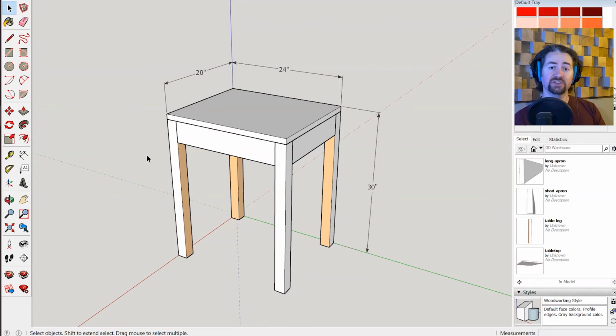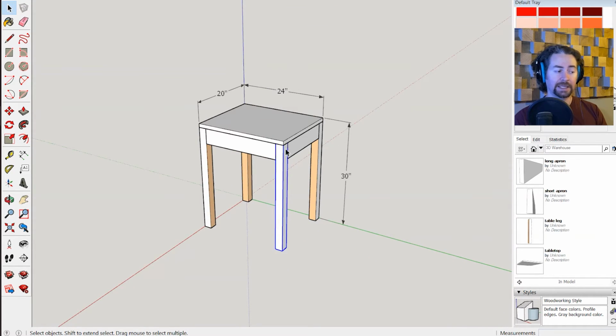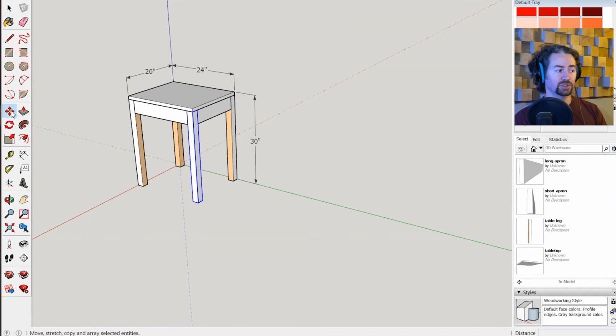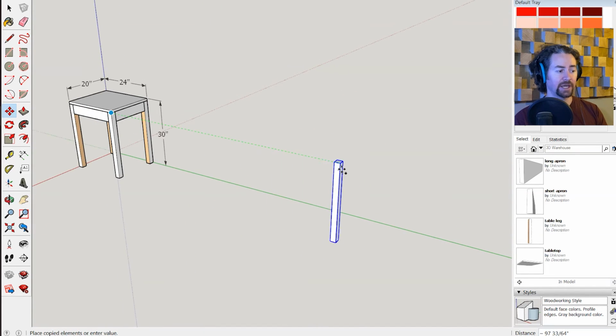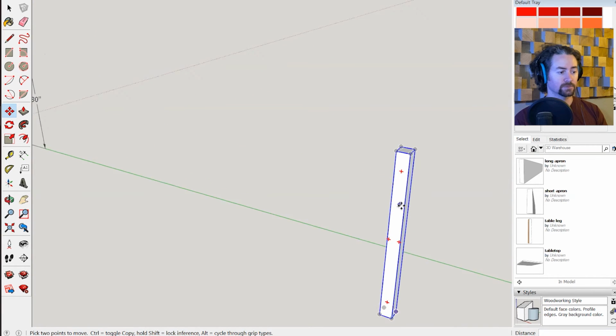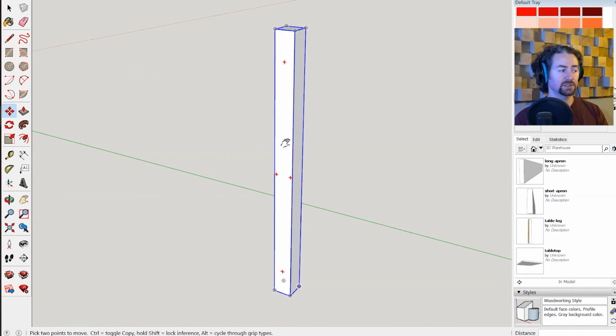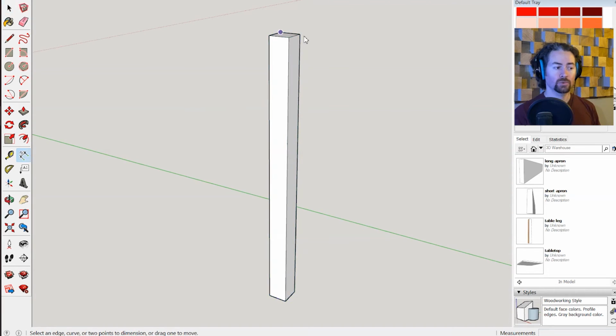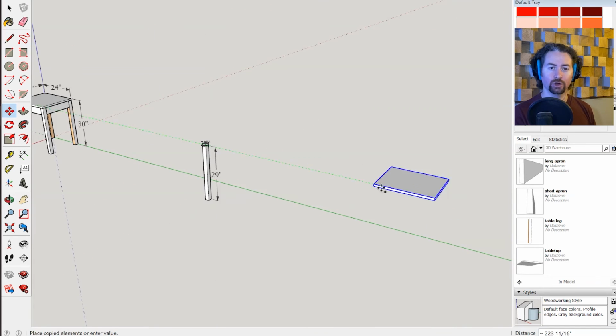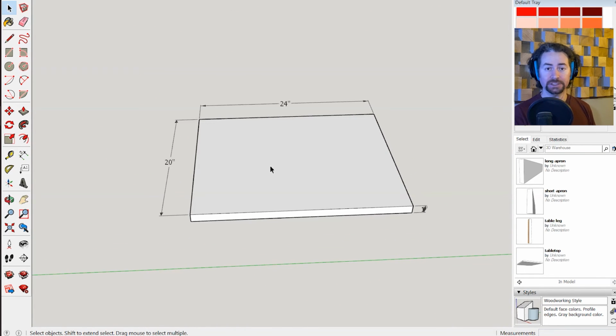To make more specific dimensions of each part of the model, you'll need to explode them. So I'll go to the select tool, zoom out, click one of the legs, and then switch to the move tool, hold Control, and click that corner, and I'll copy it along this green axis. Then I can zoom in on this piece and make dimensions just for that. You can add as many dimensions as you want to on the model, but I try not to add any that aren't necessary so that the plans are easy to follow.